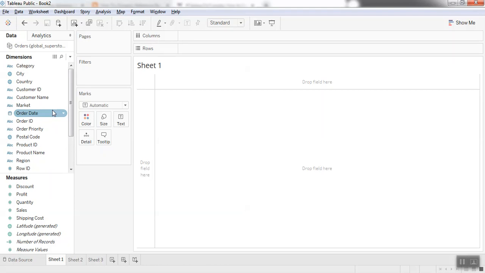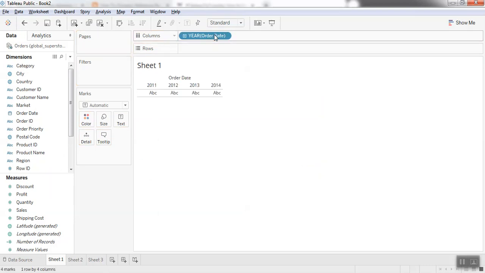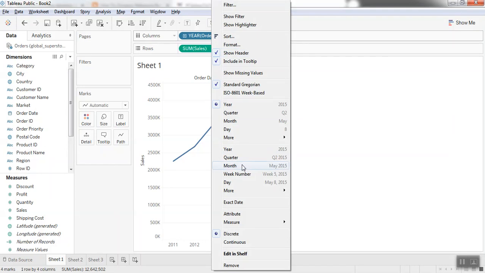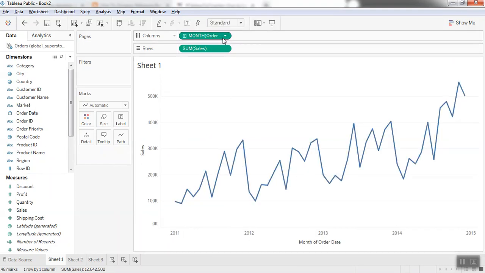The first thing that we need to do is create a monthly trend line. We can do that by dragging the order date to the columns and dragging sales into the rows, and right click on the orders and select continuous month. Now, the problem with this is that once you bring this order date into columns, by default it comes into a different format. So we need to create a custom date that is only months.